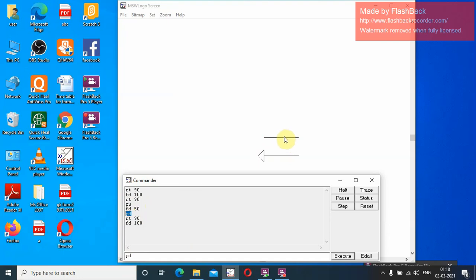When do you use the pan up command? When you want to move the turtle without drawing a line. See, rather than taking an example of parallel lines, I will move the turtle without drawing a line. Okay, pan up, PU, FD 100, RT 90, FD 100.